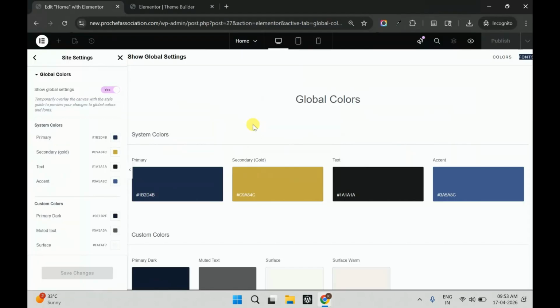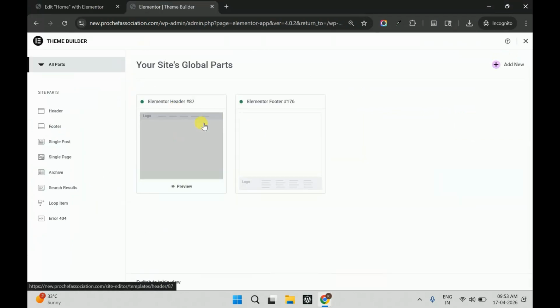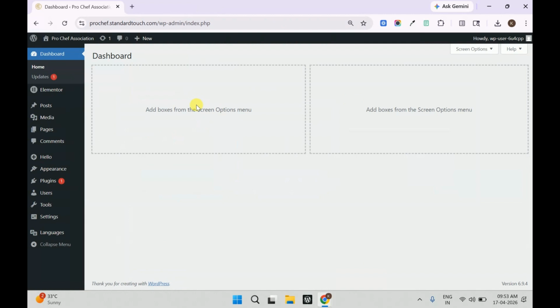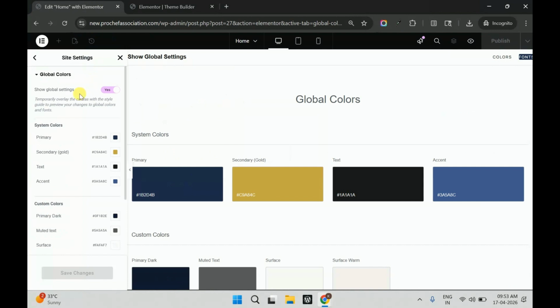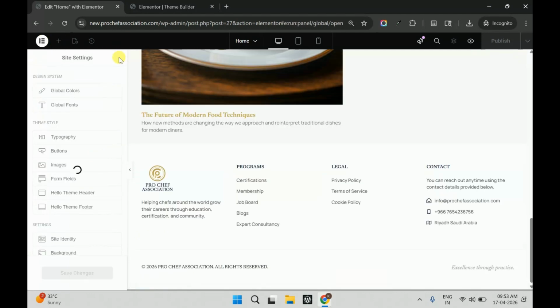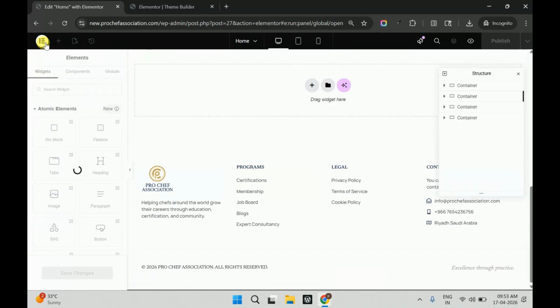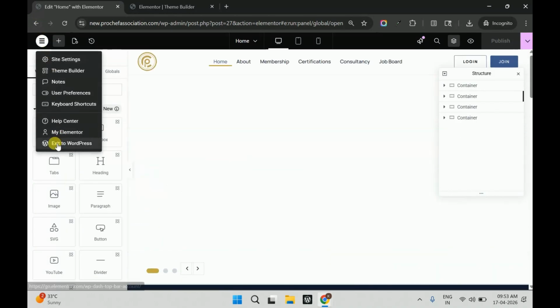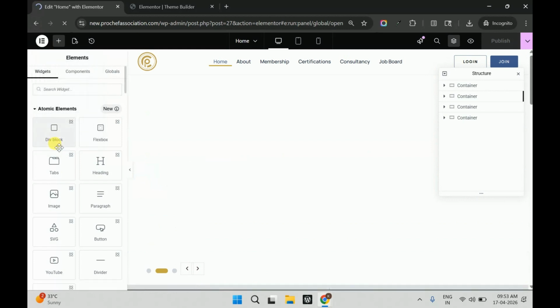When I was trying to get this header from this website to the other website, there was an issue. All the global stylings I had added over here were not getting reflected on that website, so the stylings went missing. The one thing I found with Elementor is that you can completely export your entire global configuration using the Elementor export tool. What you need to do is go to your WordPress dashboard,